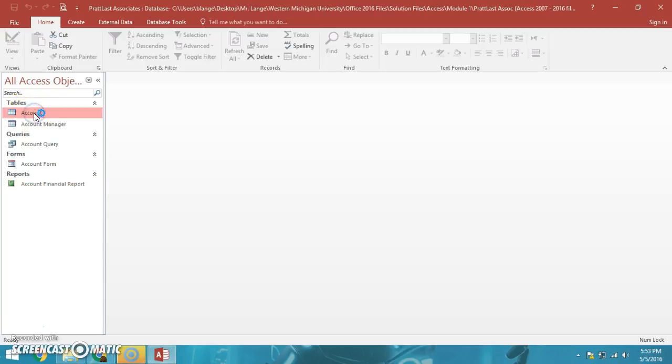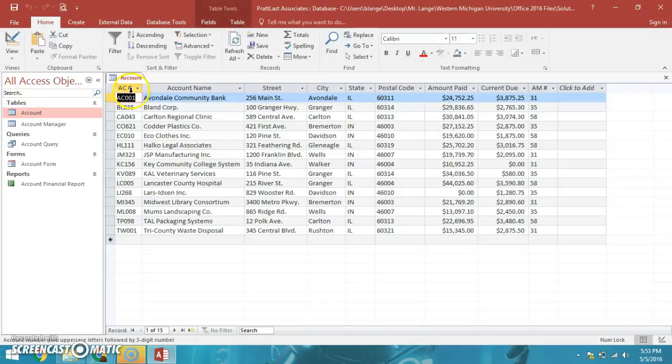So I'm going to go ahead and click on Account. We have all these different accounts. It's going to open up this account table. And we have from there account numbers. Every account has an account number, just like you have an account number with your hospital, with your insurance agent, with your cell phone company. Everybody has an account number. Here's the account name. So you would have your name if you had your cell phone account, have your address, your city, your state, your postal code, and how much maybe you've paid, or how long you've been a customer for, and how much you owe them, how much is currently due, and what account manager has been assigned to